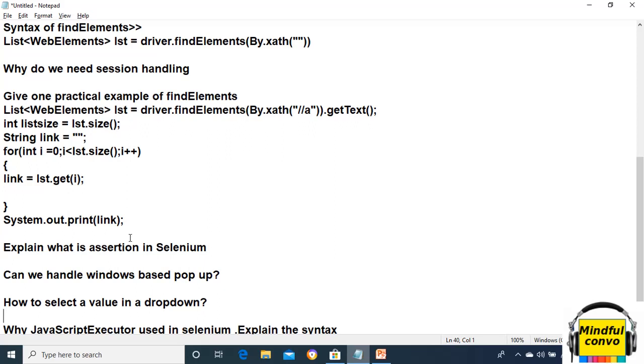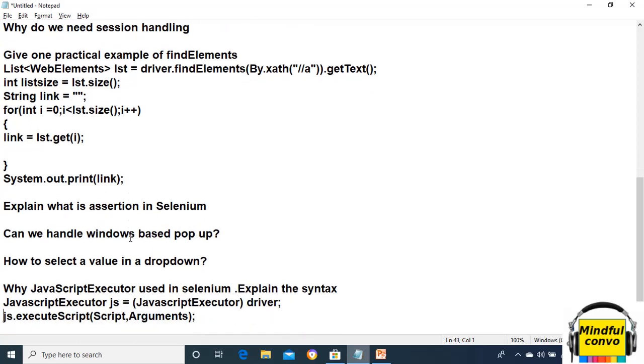Our next question is, how to select a value in a drop-down. So if we want to select a value in the drop-down, then there is a Select class, not a variable, that is provided in Selenium.